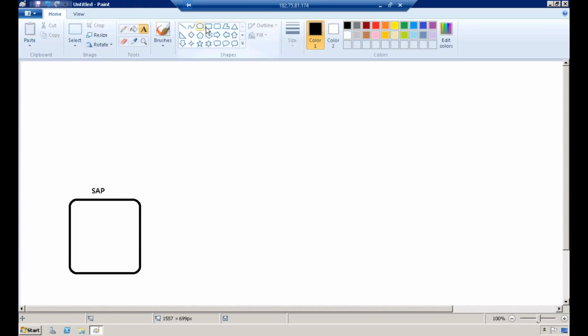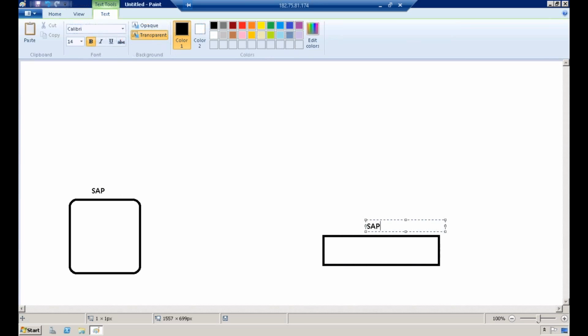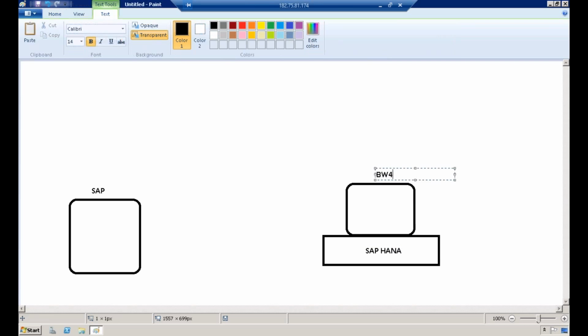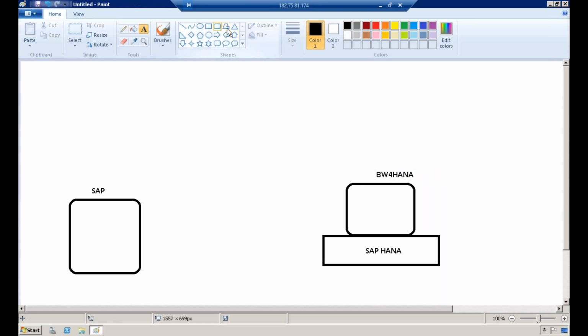And then here you have SAP HANA. On top of SAP HANA, we have BW4HANA. So here we have BW4HANA. Now, what I'm trying to say is, here you have a calculation view